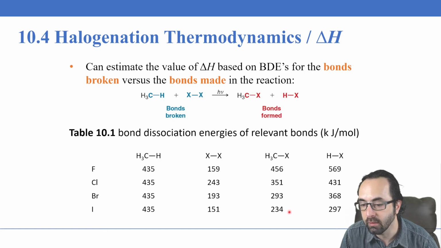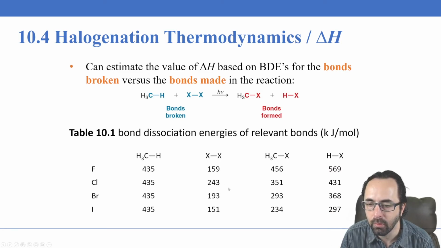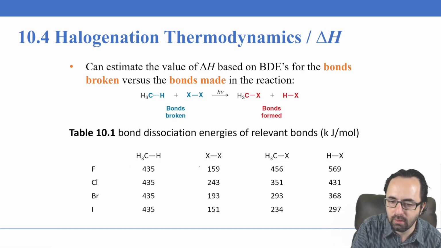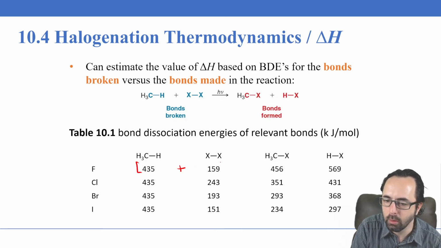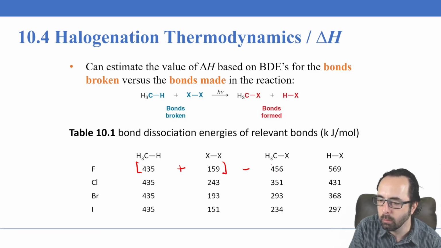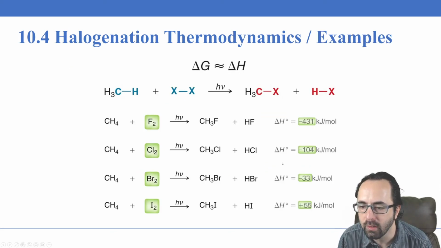And the electronegativity of the atom gets lower and lower. And then we have the hydrogen-halogen bond, and for similar reasons, the HF bond is the strongest, and they get weaker as you go down. And so if we were to calculate the delta H, we add up the bonds broken. Those are going to be positive. We put the energy in, so we add these bonds, this plus this. Bonds broken, and we subtract the bonds that are formed. This, and so if we do that for all of these, what we're going to see here is that the